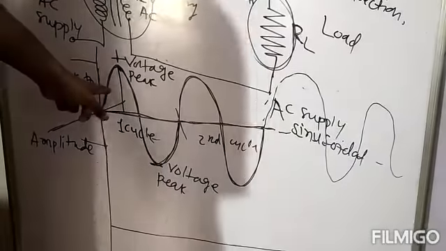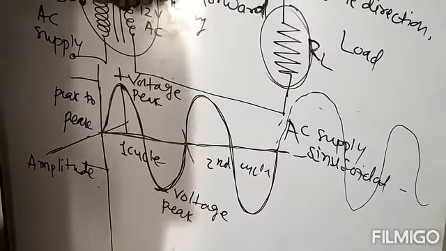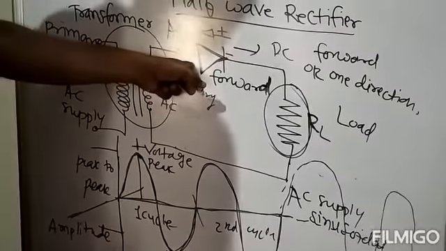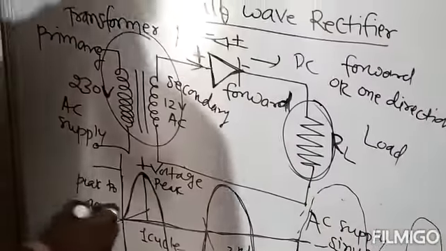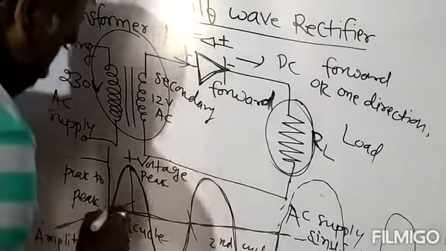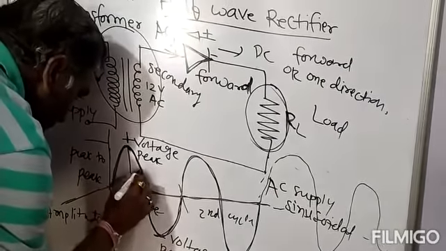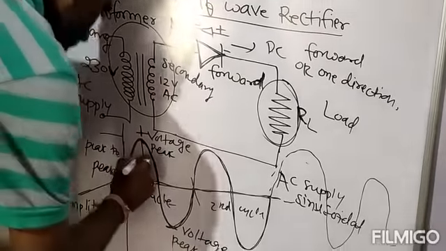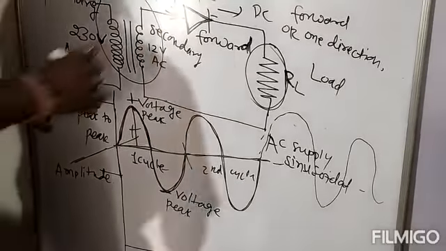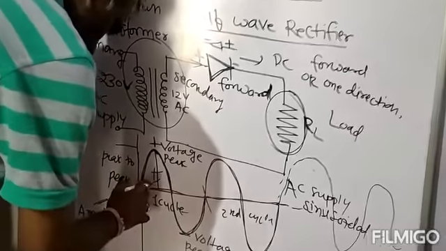So whenever a 12-volt AC supply is transferring through this diode, what happens? Now we are using only one diode. Suppose I am considering this, so this is a positive half cycle. Whenever positive to negative, for this half cycle,